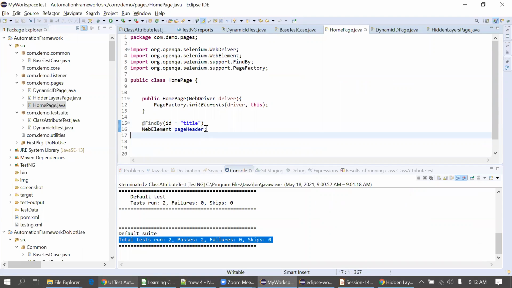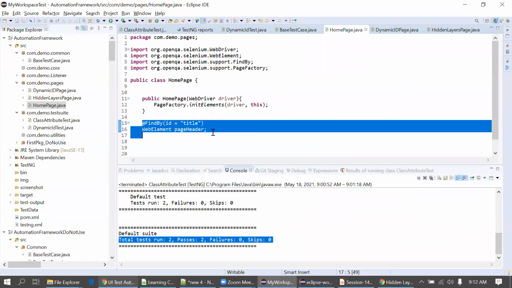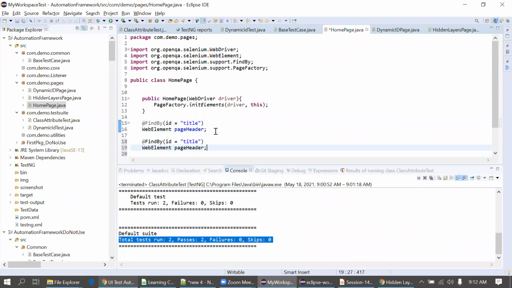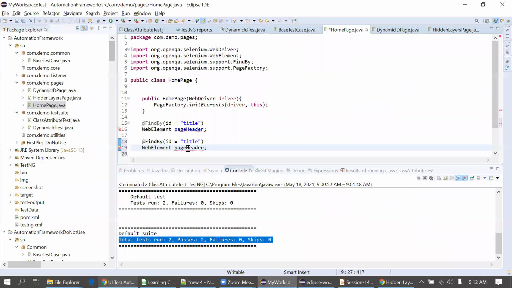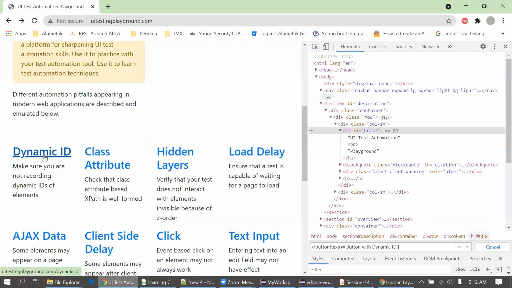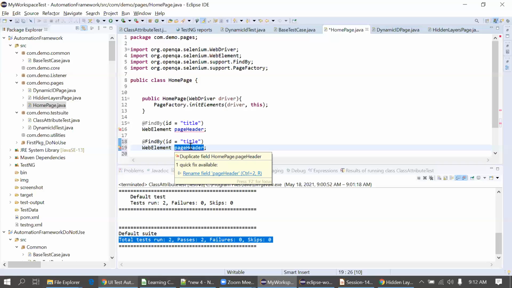Okay, now I'll create one more web element. Now I'll just create a web element for this dynamic ID. I already created it, I will just copy from there only. So now we can see this dynamic ID is a link. So you should provide the web element name accordingly. I will start with link. Okay, link dynamic ID. So even if a new person is working on this framework, he or she should be able to understand if this is a link, a button, or a drop down kind of thing. So we have to segregate based on this starting word.